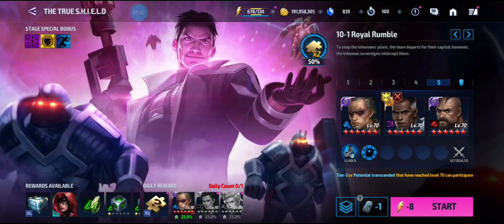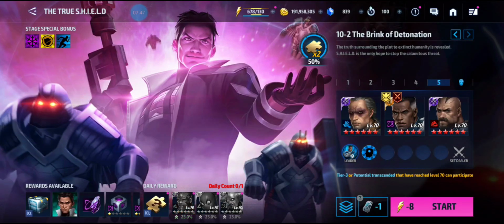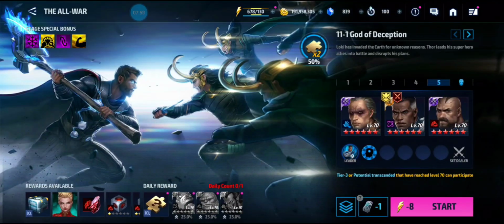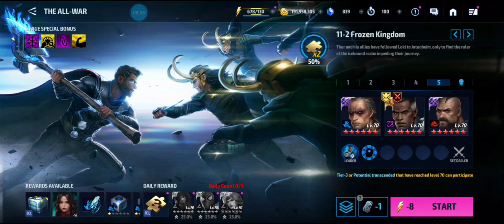Alright. Then we have Caecilius, Loki, and Human Torch. Then we have Red Guardian, Gwenpool, and Heimdall for those. Alright. Then for the All War, we have Ironhammer makes his first appearance as the newly transcended character, Thing, and Mephisto. And with Ironhammer, he appeared 3 times in story mode, so that's a lot for a newly minted Awakening